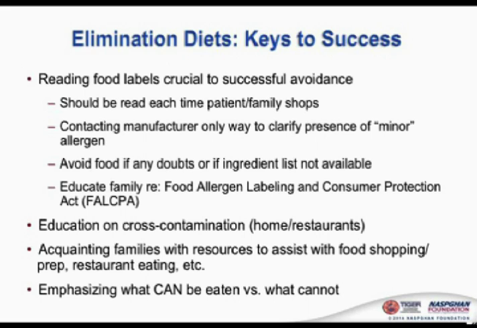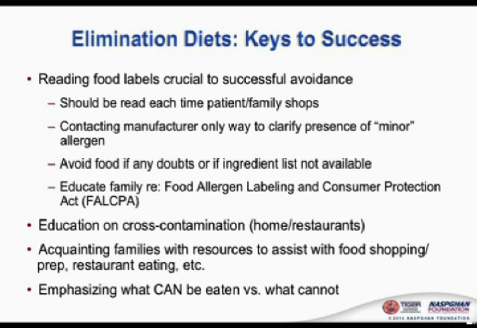allergens. So the top 8 allergens, major allergens, which include milk, wheat, egg, soy, fish, shellfish, peanuts, tree nuts, fall under the food labeling laws for inclusion on food labels. So it's mandated that those allergens appear. However, allergens that are avoided for EoE, let's say corn, for example, are not on that list, the top 8. So it's going to be very important to make sure that those labels are reviewed very, very carefully, because for ingredients like that, there is not going to be one of these contains statements that you see at the bottom